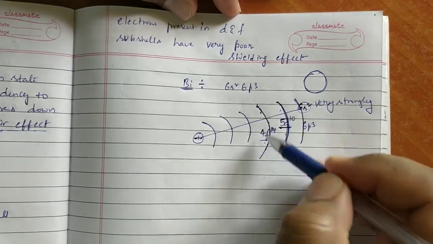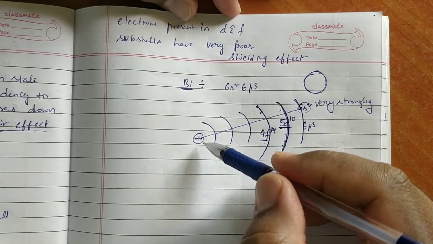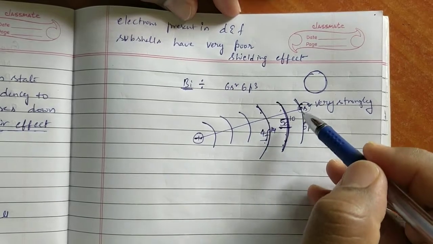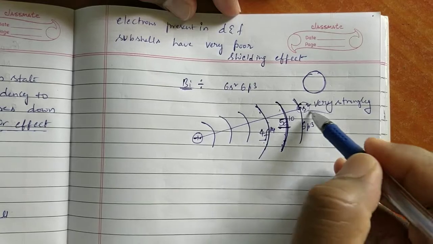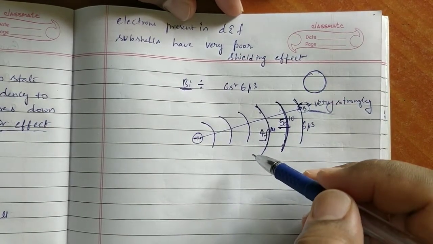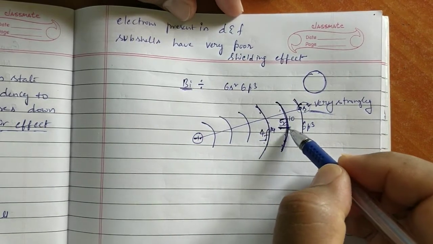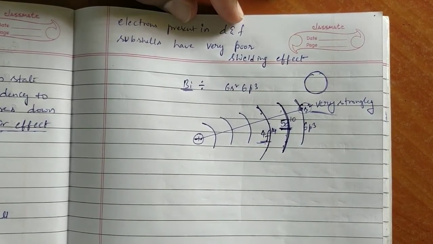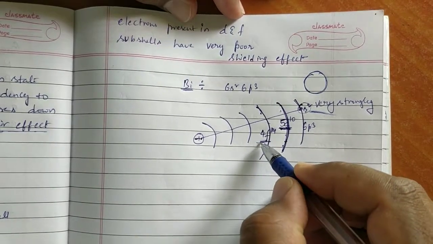If the shielding effect is high, the 6s electrons are not attracted strongly by the nucleus. When the shielding effect is high, 6s electrons cannot be attracted by the nucleus strongly. So these electrons also can be involved in reaction. But here what is happening? Top to bottom, when we consider, electrons are entering into inner d orbitals and f orbitals also. Is it okay, ma'am? 5d electrons and 4f electrons.